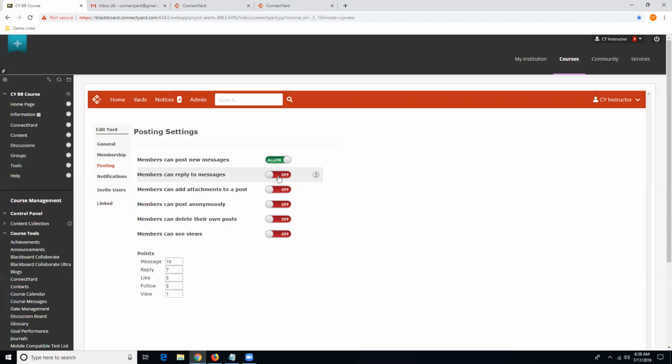to reply to it. So one of the issues that people say that they have with using WhatsApp groups, for example, is they send the message and then everybody replies to it, and people just start removing themselves or blocking the notifications because they don't want to get all those replies. So with ConnectYard, you can actually prevent the users from replying. So you can use it as a one way